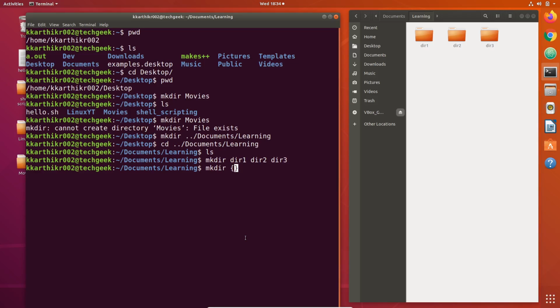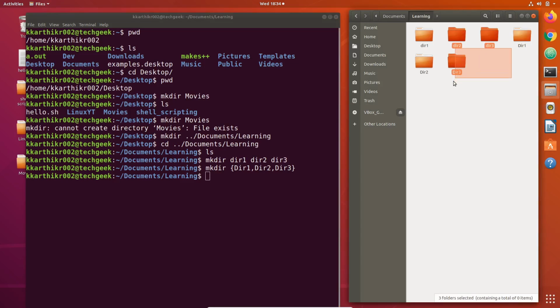Let us create capital Dir1, Dir2, and then Dir3. Let's see what happens if we run this command. You can see these three directories are created. These are the two ways we can create multiple directories using the mkdir command in a single run.